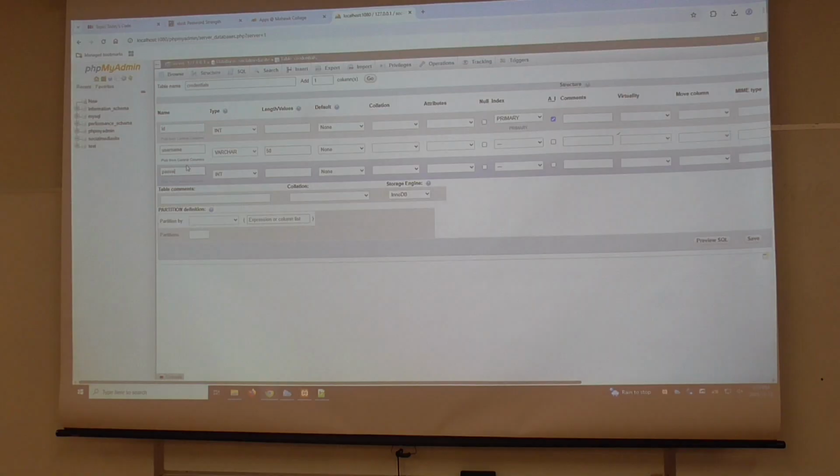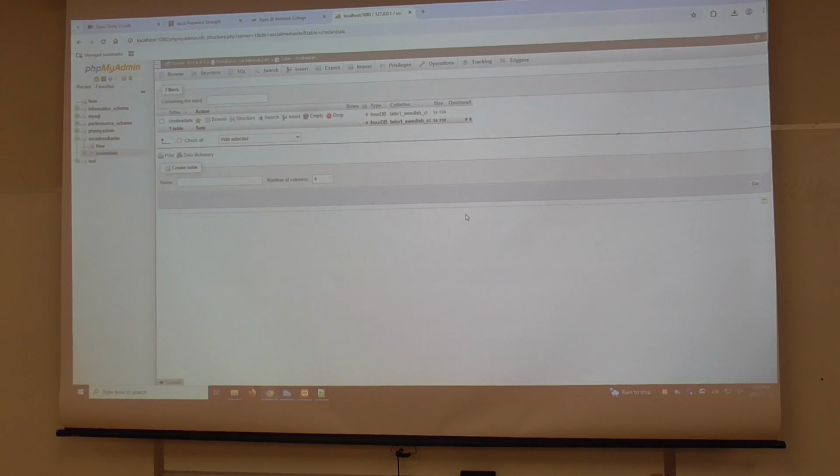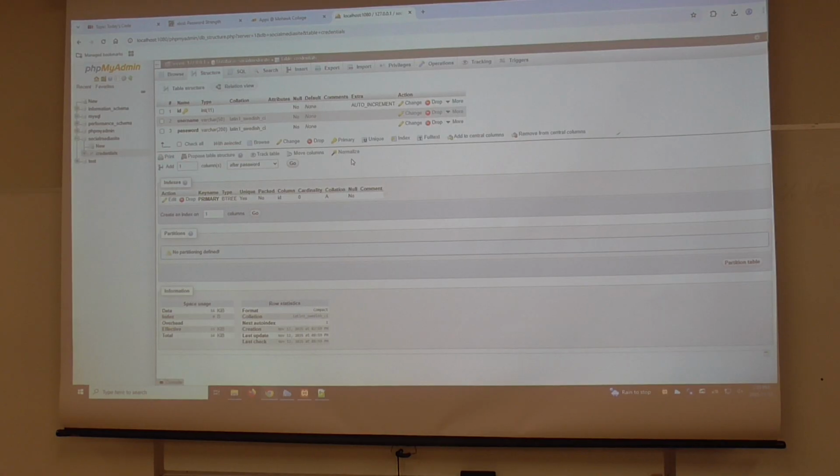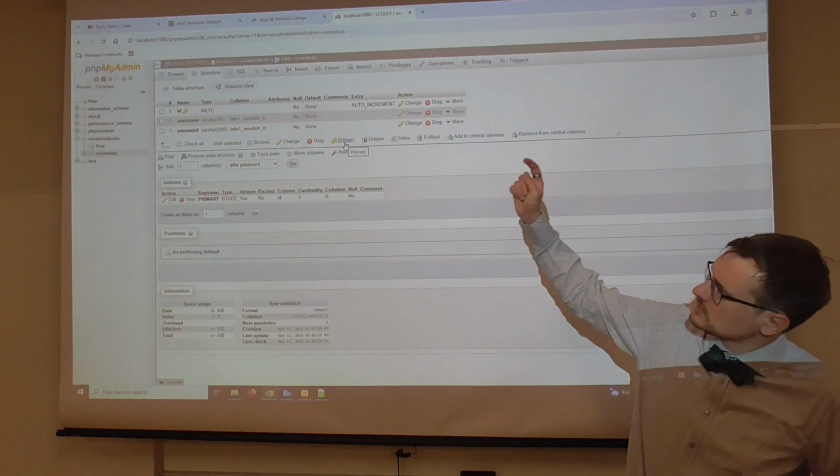And a password, which is a varchar of size 200. Extra security. Although honestly, because we'll be storing hashed values in here, you should pick whatever the size is of the hash string that it generates. I just can't remember. I think it might be 64, but I can't remember. So, we have our table.